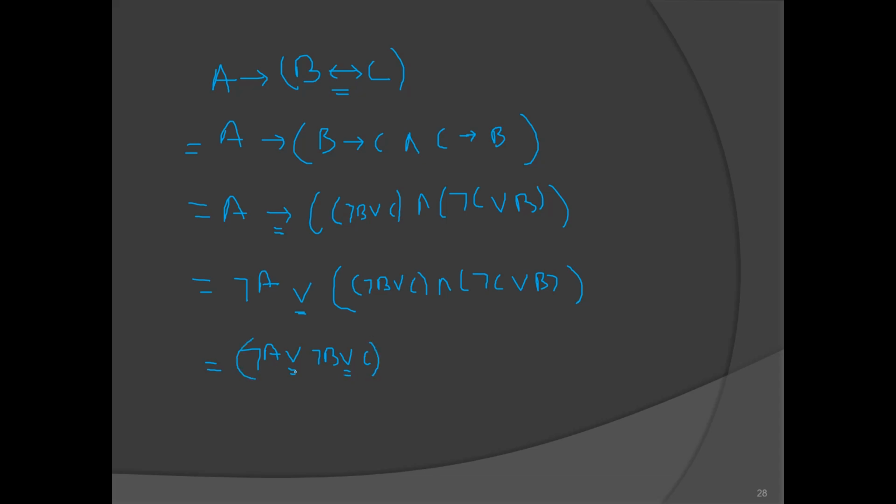So this will become one term, and then this OR is distributed over this AND. So AND will come in the middle, and then negation of A or negation of C or B, and this is in CNF form. CNF is equivalent to what? POS, right? Product of sum. Here this is a sum term, this is a sum term, and the product of that, so product of sum. So this is in CNF form. This is the solution. Please make a note of this.